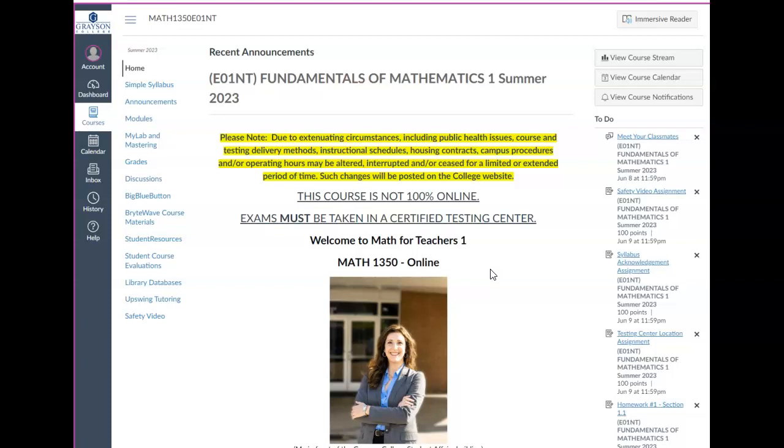I wanted to provide a quick course tour for you so you would know how to navigate through your course. Since this is very fast-paced, you want to make sure you know where to locate everything and get started as quickly as possible. So first of all, if you're familiar with Canvas, then you should know the menu on the